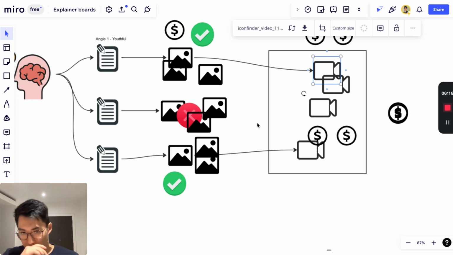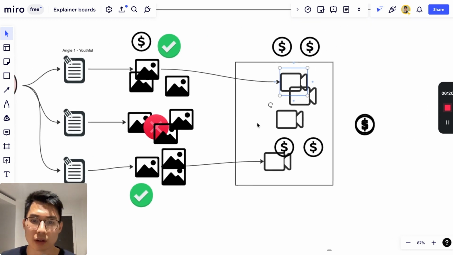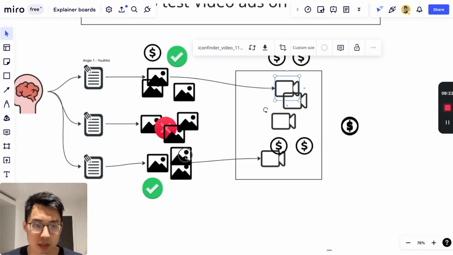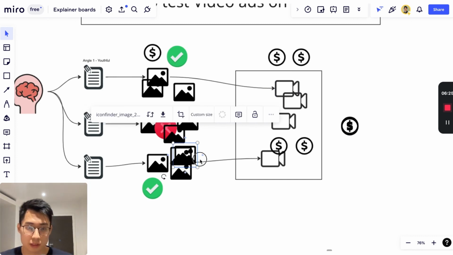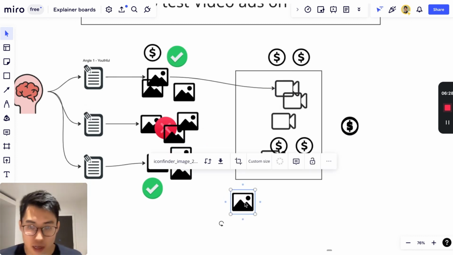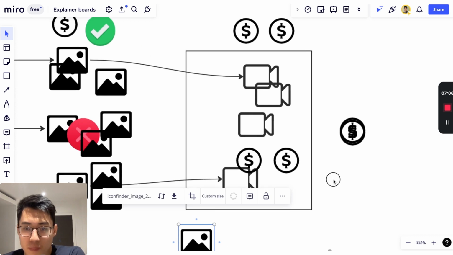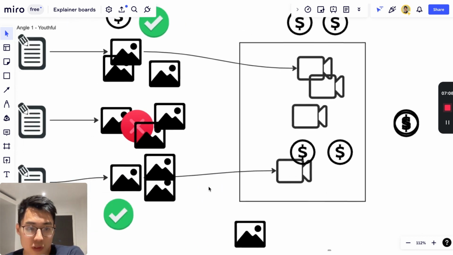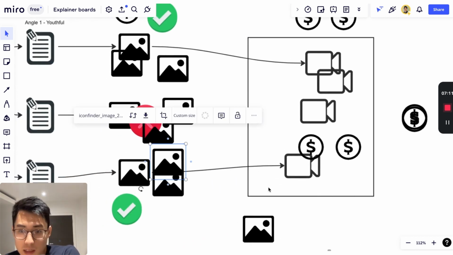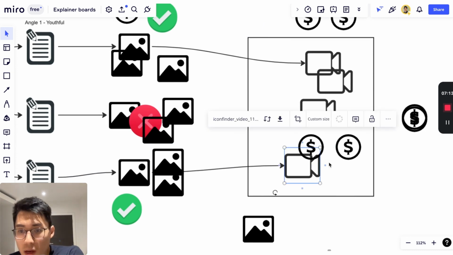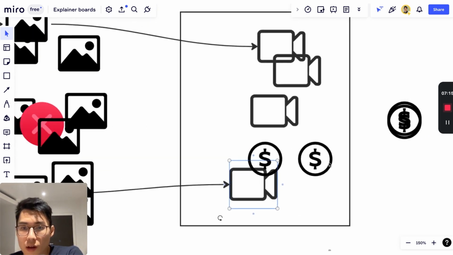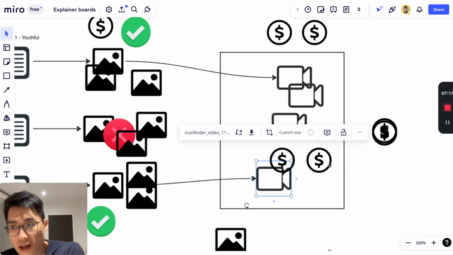Another thing that you can do, for example, is you don't even have to go and get paid actors, right? You can literally just take some of these images and turn them into GIFs, right? You can take an image and convert it into a GIF, just add some motion. It's very simple to do, very cheap to do. But the only way to know which concepts are going to work out in the long run is to actually just test these, right? So it is possible, for example, that of the images you test for this angle, none of the videos work, but it's sure as hell safer to go down this route than to